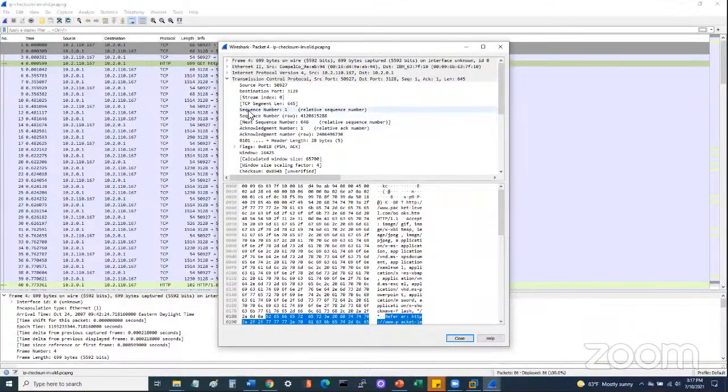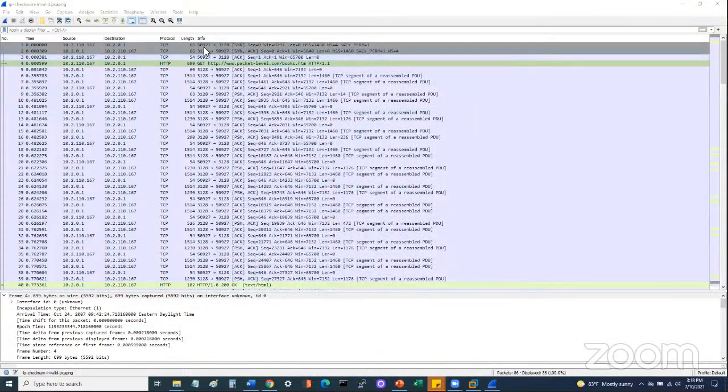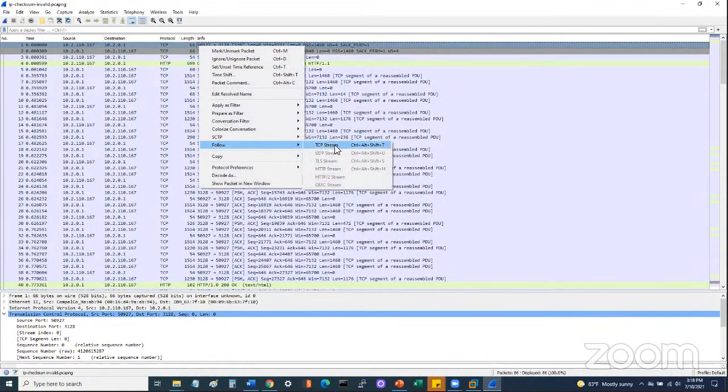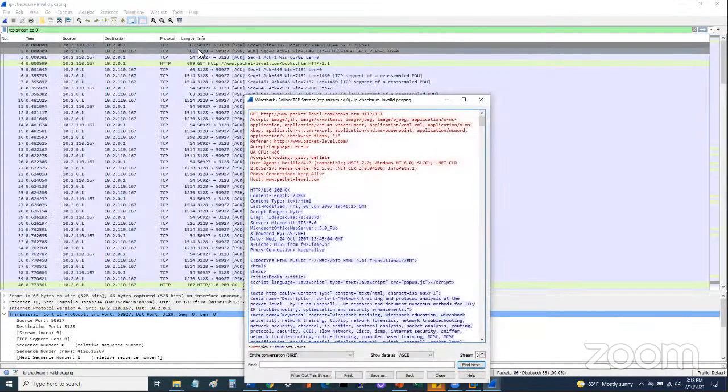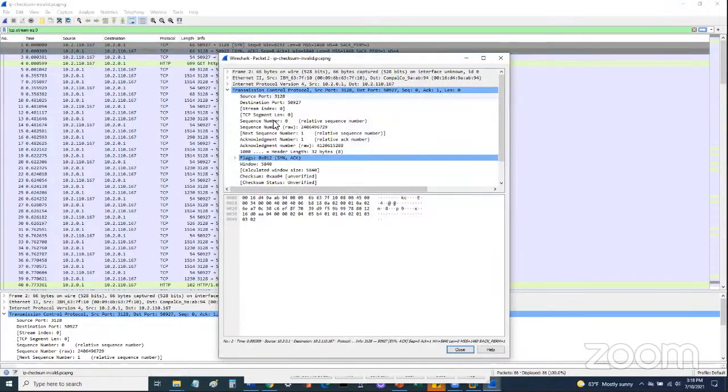So we'll see that the sequence number here starts off at number 1. Right. And if we take a look at the next things in this conversation, our expectation is that the sequence number should just increase by 1. OK, so the next sequence number should be 1 in the conversation.